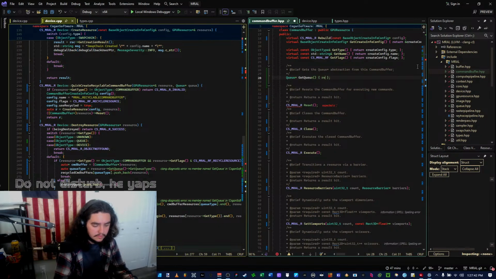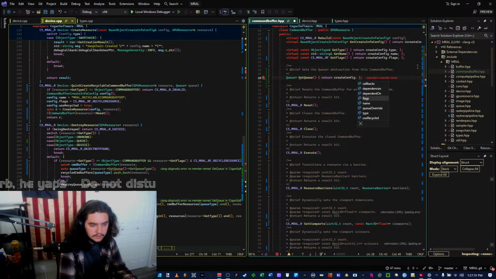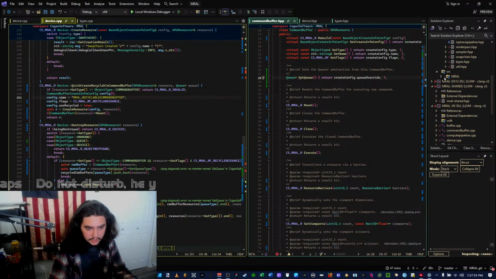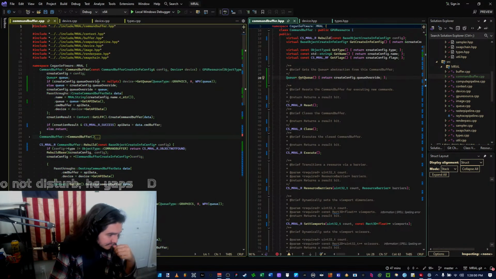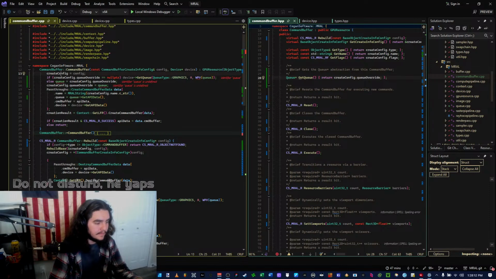I'm just gonna have this strip return create info or create config dot q. I do gotta make sure that whatever that is, command buffer, see.